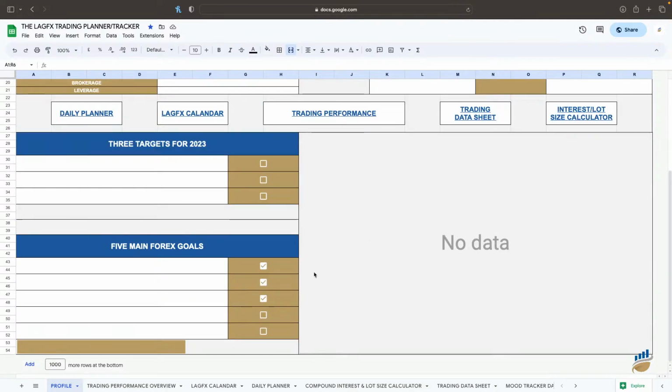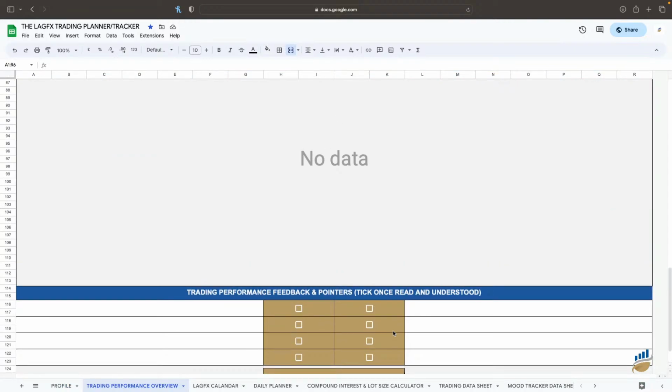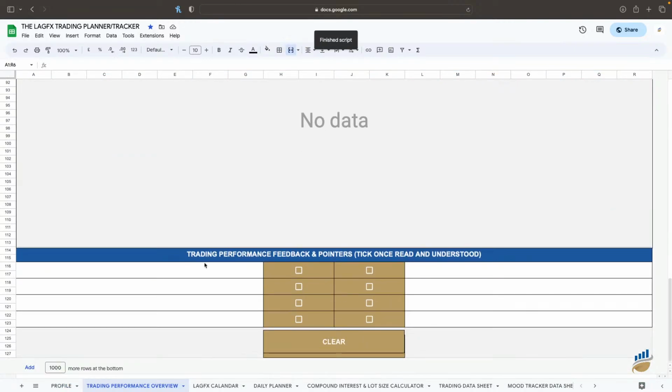Right, so you have your completion bars, things like this. The reason I was showing you the other example is just because there was data already in it, but I've changed this. At the bottom here, we'll have trade performance feedback and pointers. On a monthly basis for the first three months of when someone purchases this, I'll put feedback in here, and I'll have access to it as well. So I'll say maybe look to only trade